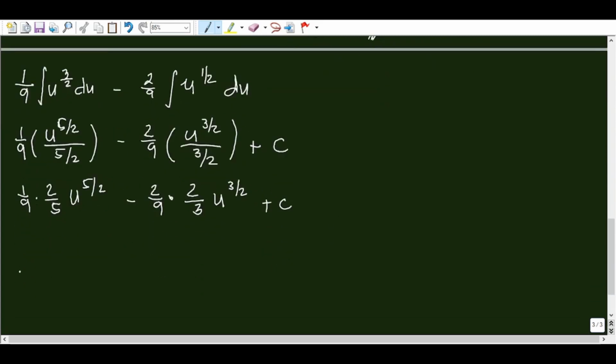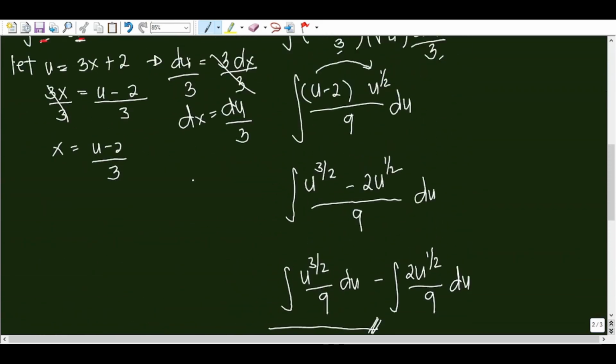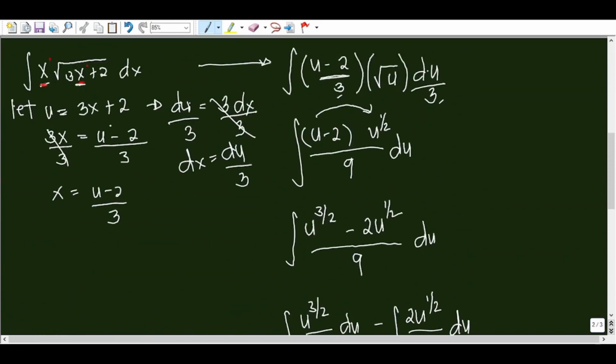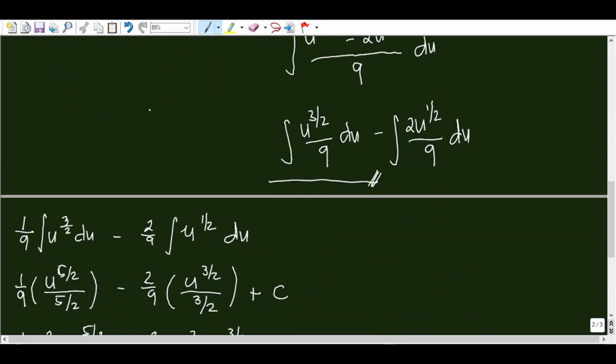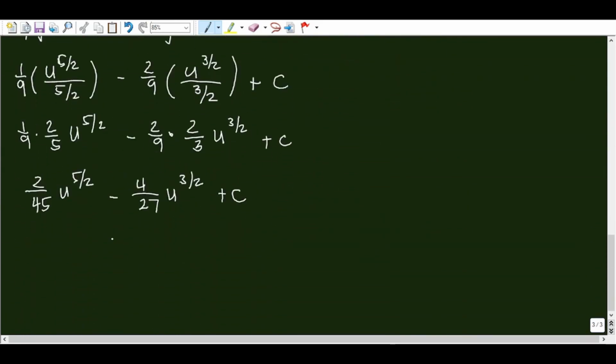Then, this becomes 2 over 45 u raised to 5/2 minus 4 over 27 u raised to 3/2 plus c. This is not yet the final answer kasi kailangan nating ibalik yung value ng u. Sabi natin kanina, u is equal to 3x plus 2. So, ibabalik natin siya. Our u now becomes 2 over 45 times 3x plus 2